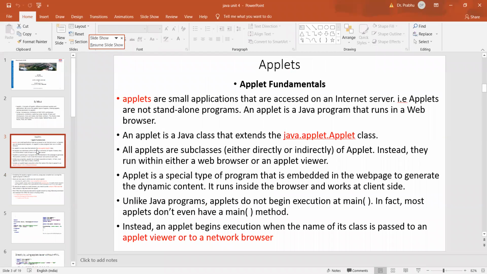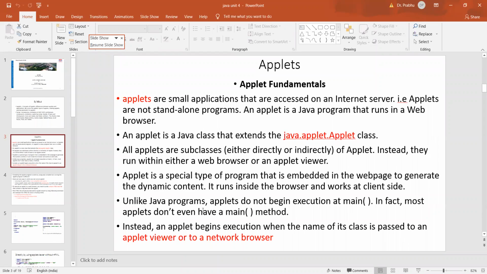The applet class comes from the applet package. Here, the applet package and the Applet class: you can identify that the small a is the package and the capital A is the class. This Applet class provides various methods, and all those methods can be overridden, so the new applet can override them and adjust the features.